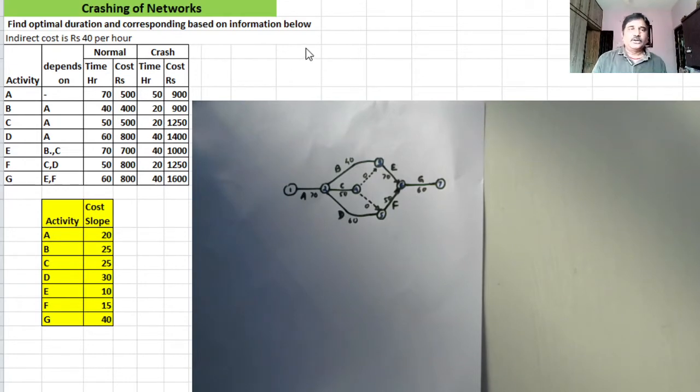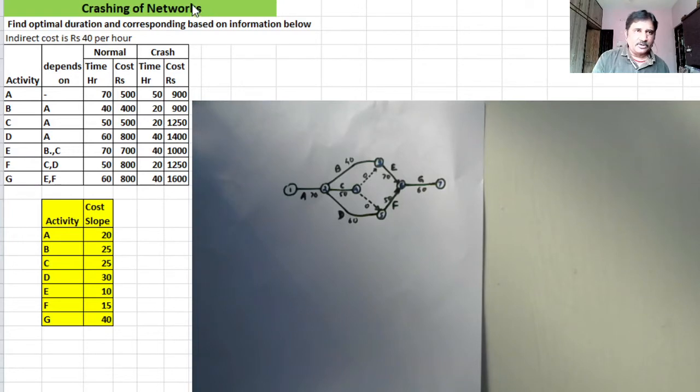If we know the crashing cost per hour, then we can settle somewhere in between 70 and 50. Our objective as far as this problem is concerned is to complete the project in minimum cost. In addition to this data pertaining to normal time, normal cost, crashing time and crash cost,